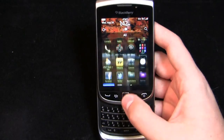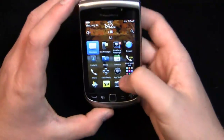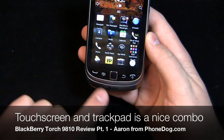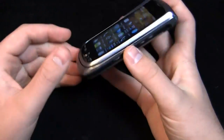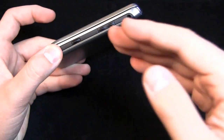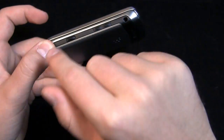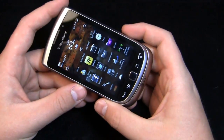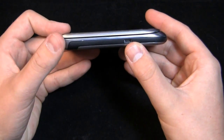But outside of that, it's all the same. But you can just see the fluidity of this device, and you can use, of course, the touchscreen if you want to, or you can use the trackpad. And you notice that the send and end keys aren't colored anymore, but you have send and end, and then you have the menu key and back along with a trackpad. On the right side, you have the convenience key, volume rocker, 3.5mm headphone jack. You can set this to any shortcut you want on the device. So I have mine set, or had it set, to messages, but of course you can configure it how you want. Your micro USB charging port